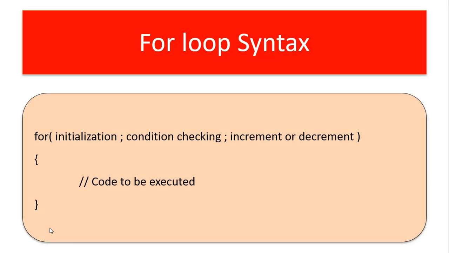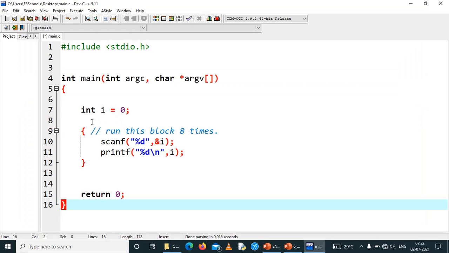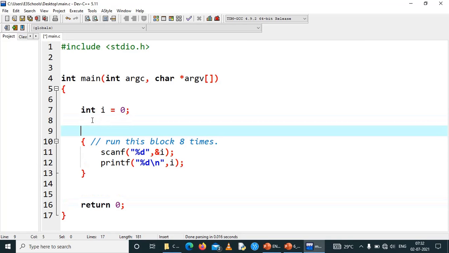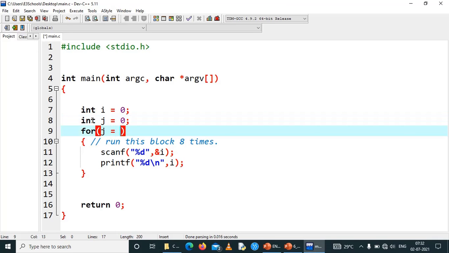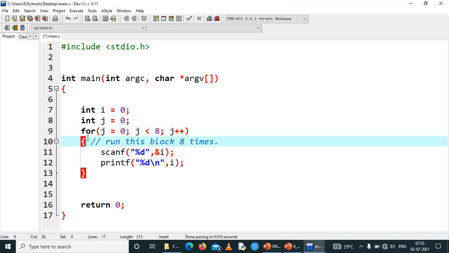Now we will see the code. Comparing with the syntax of the for loop, we will fill in the line here: for j equal to 0, j less than 8, j plus plus.